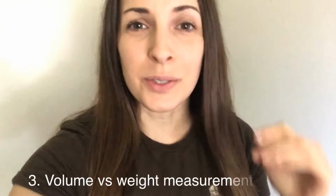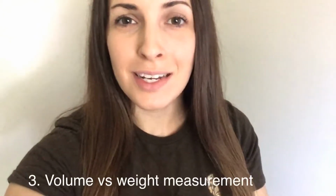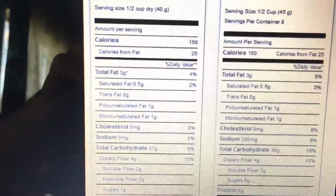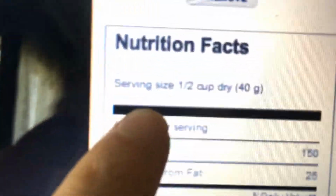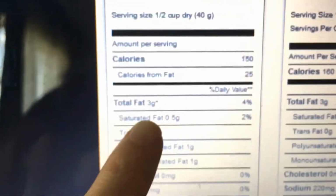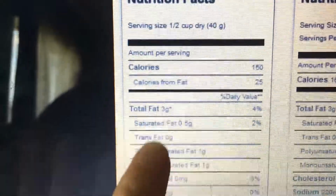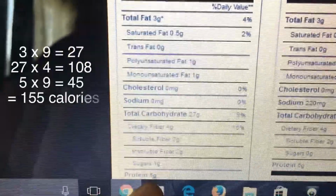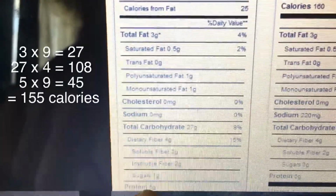Okay, so reason number 3 is you are using a volume measurement instead of the weight measurement that's listed on the nutrition label. Let me show you. Let's start with quick oats for an example. So you're gonna see the serving size shows you that it's half a cup dry or 40 grams. So that's giving you 3 grams of fat,